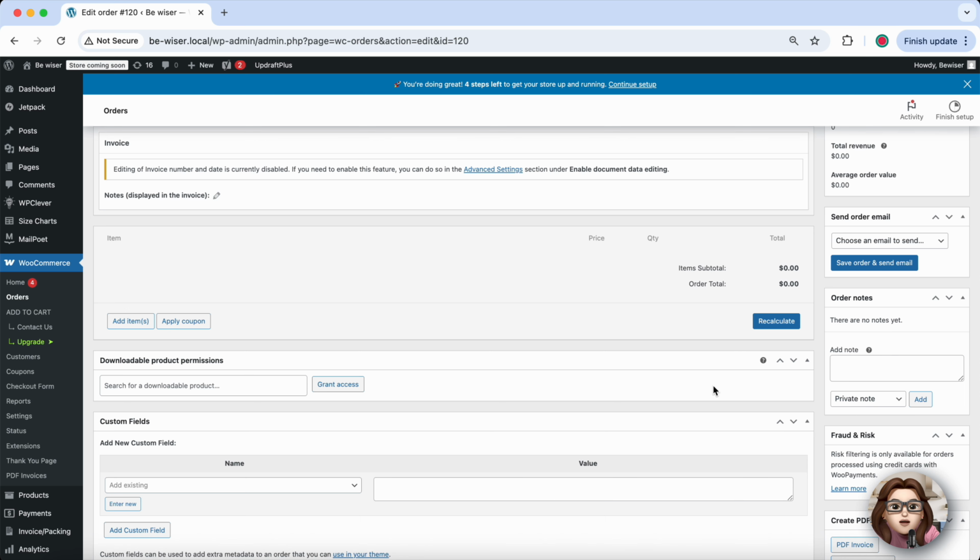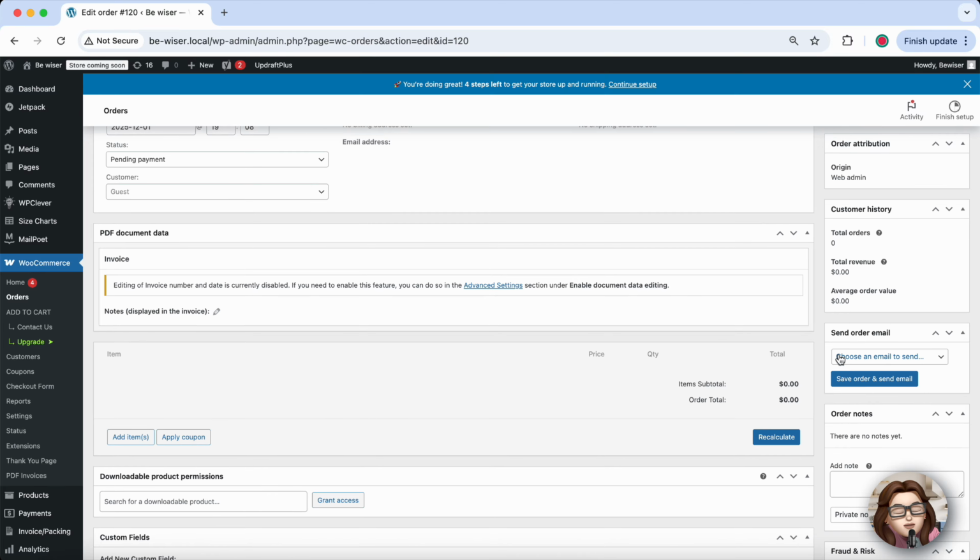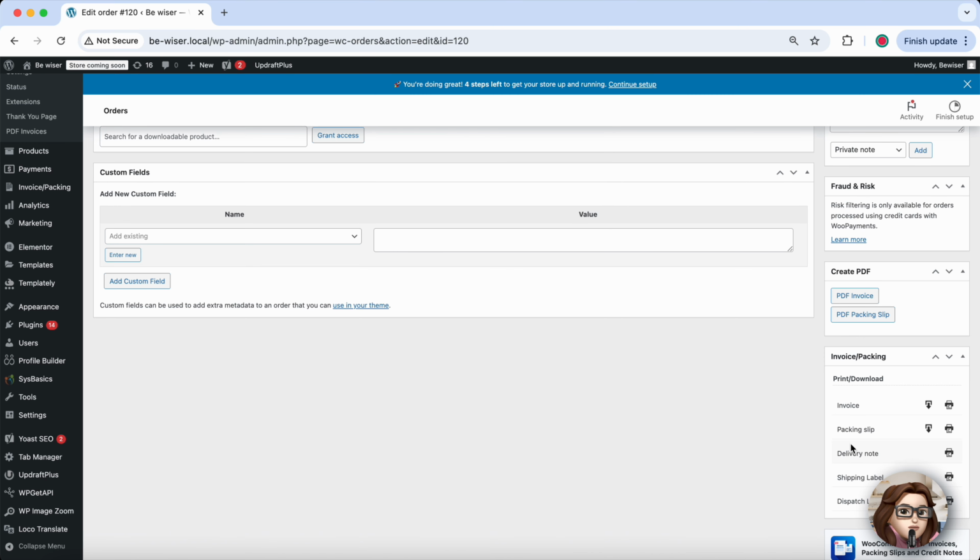You'll also find the payment method used, whether it's a card, PayPal, or something else, which helps keep your financial